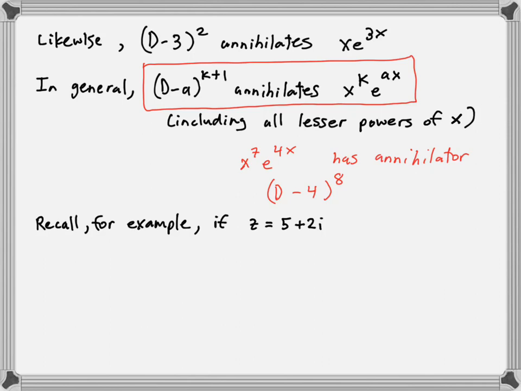Or let me do 5 plus 2i. They have to appear in conjugate pairs anyway, right? So if z equals 5 plus 2i,